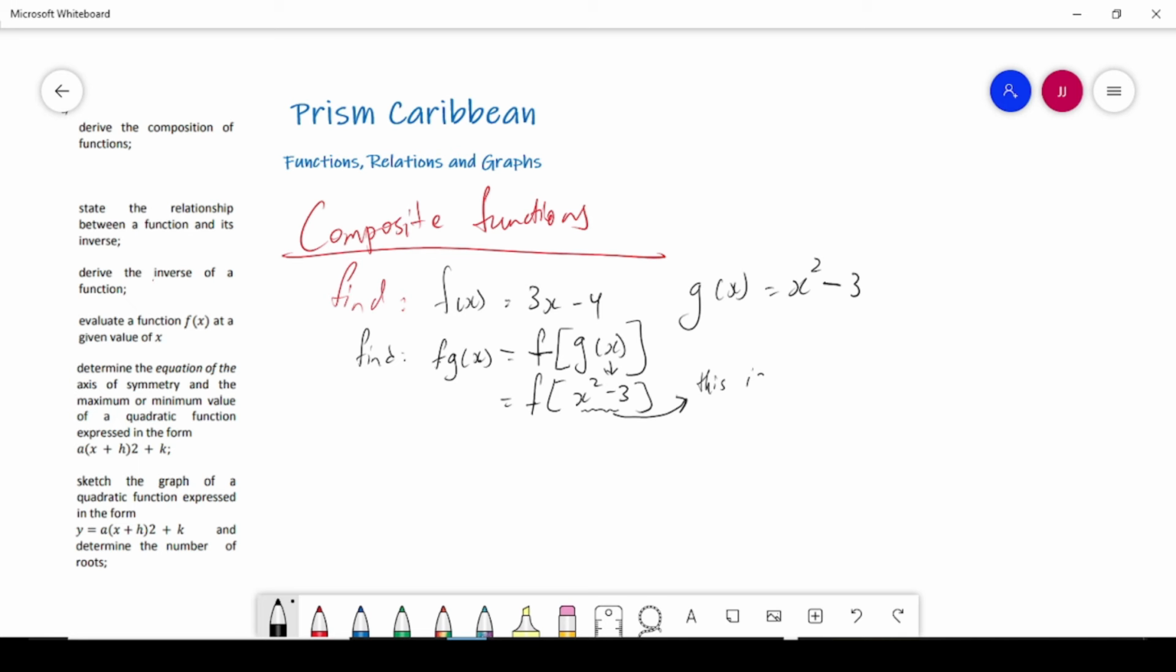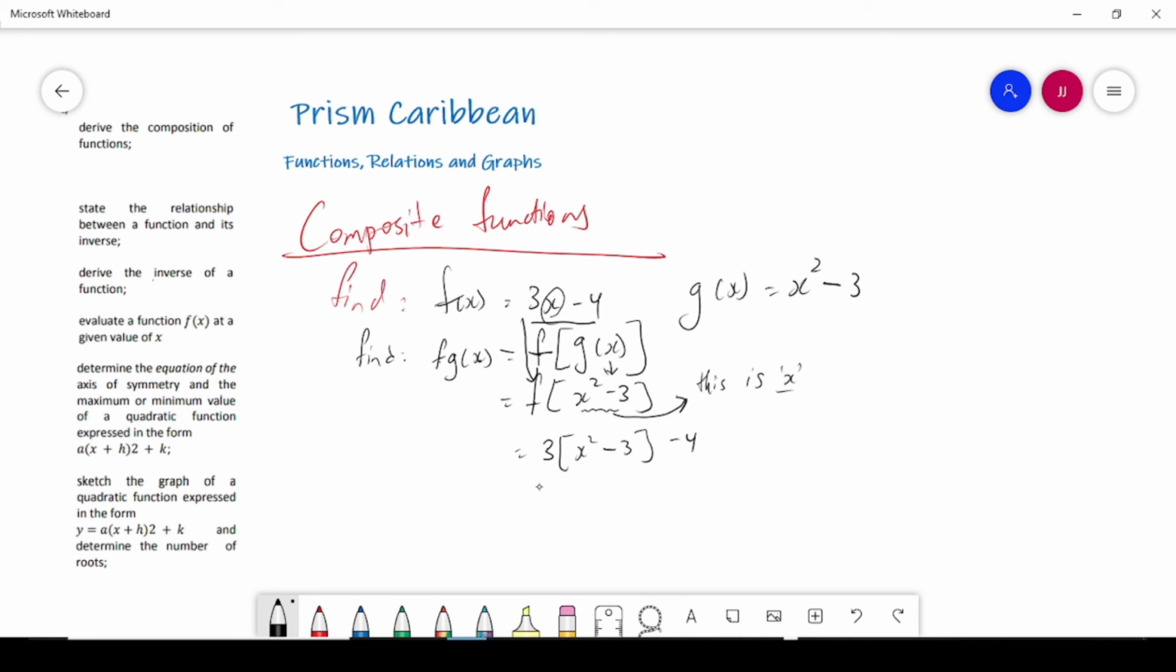This is x, right? So that will mean we have 3 into x squared minus 3 minus 4. This 3 and minus 4 obviously came from here. We need to input the function from here, right? We have f of, well, this is basically x. We have f of x is equal to 3x minus 4, so we input x as x squared minus 3